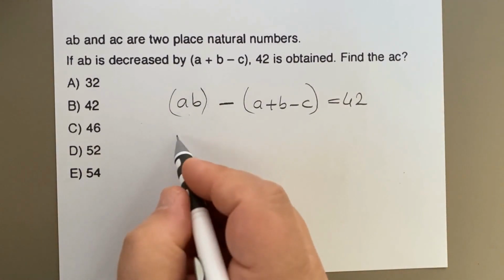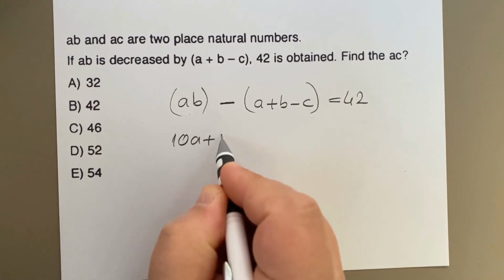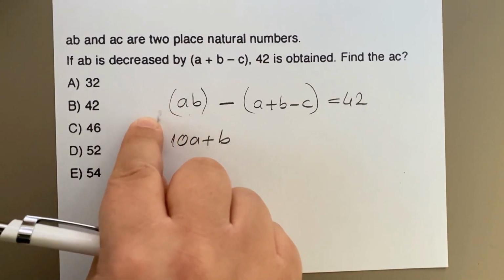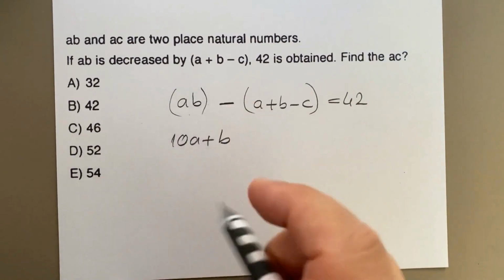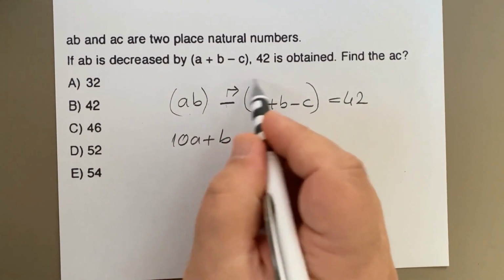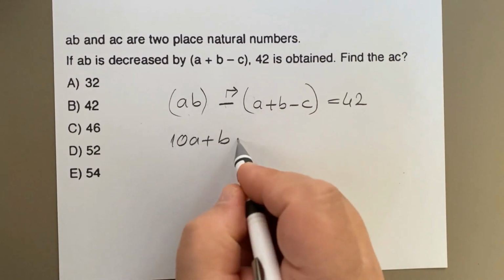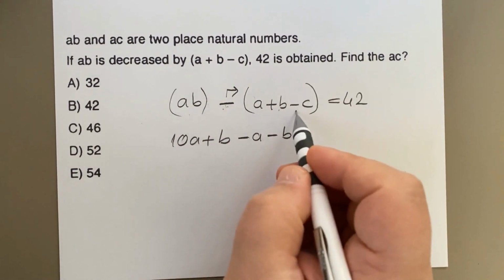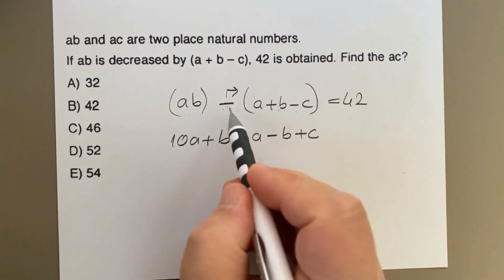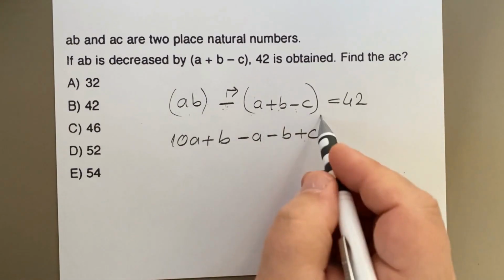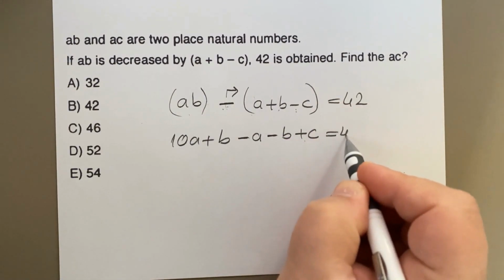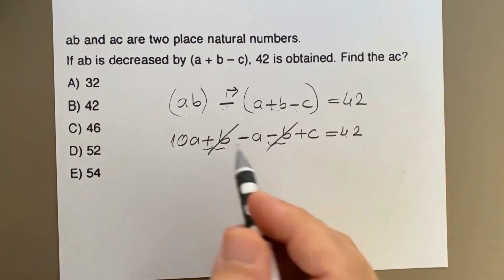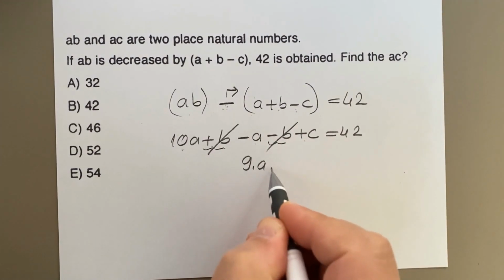Now, since this is a two-digit number, we can analyze it. Then A plus B. And I'm removing the parentheses here. Why? Because there is nothing in front of it. But pay attention to this. The negative sign here always has to distribute to the right. We multiply by negative A. Negative A. We multiply by negative B. Negative B. When we multiply by negative C, it becomes positive C. Because the product of negative and negative is positive. And the parentheses will be removed. Equals 42. Paying attention, plus B and minus B cancel each other out. From 10A, 1A is gone. 9A plus C equals,